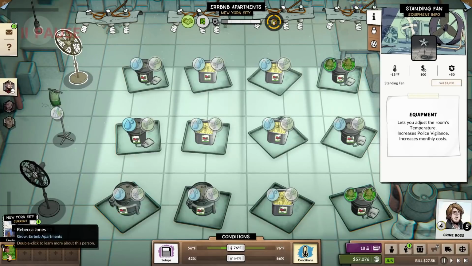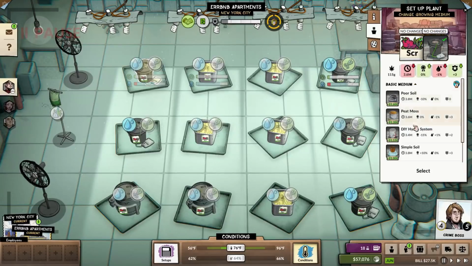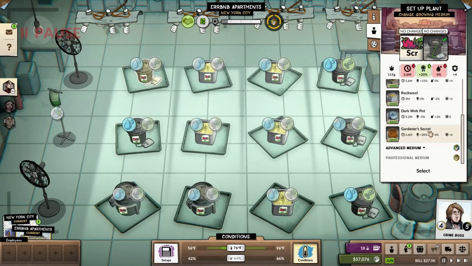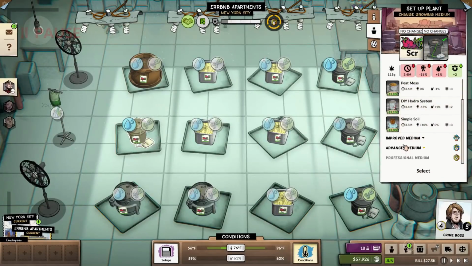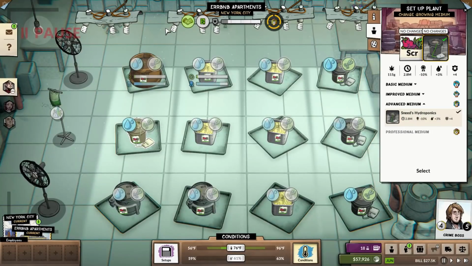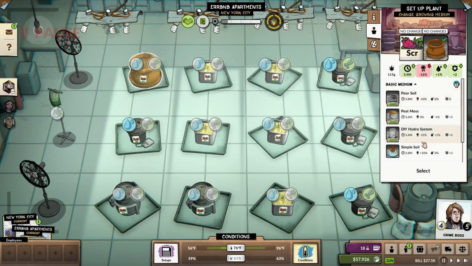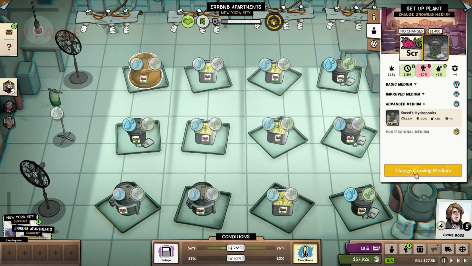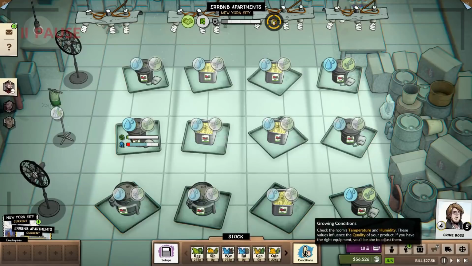And you know what, Rebecca Jones? You can chill on that. I'm going to be the one growing myself. And we're just going to go all straight up gardener's secret here, because we need high quality. I mean, I guess... No, maybe we don't need that. Maybe... Because what were you before? Sneeds? I mean, I'm still going to do the stuff myself. But... yeah,